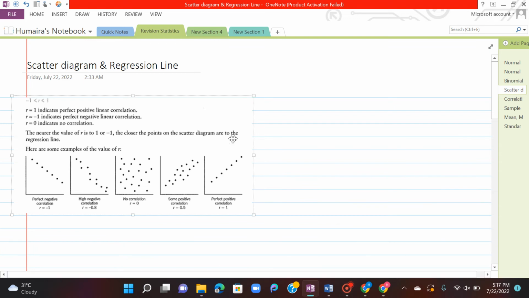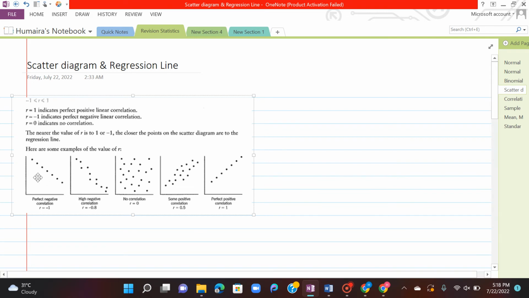Briefly, a scatter diagram is basically a way to find out the relation between two variables, whether they are correlated or not correlated. The correlation can be found mathematically and graphically. So what is a way of graphically representing the correlation? That is the scatter diagram. The scatter diagram shows us a rough idea whether the two variables are positively correlated, negatively correlated, or there is